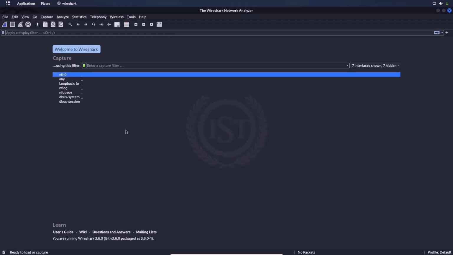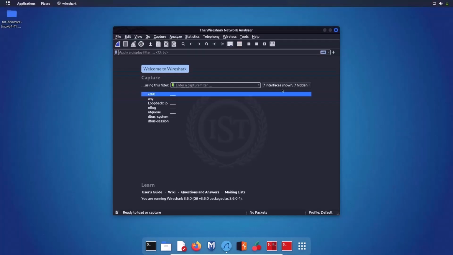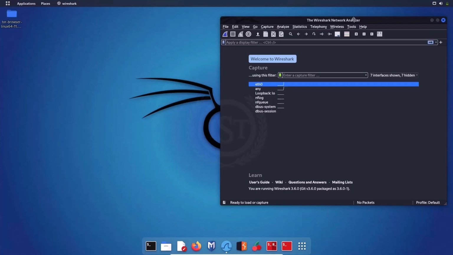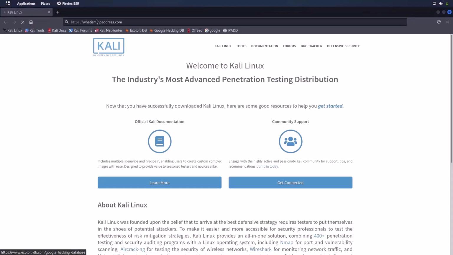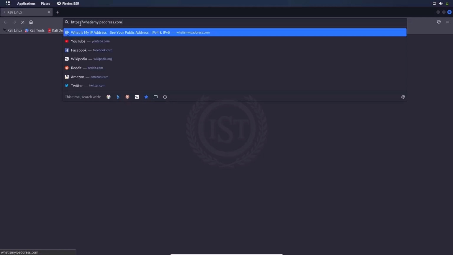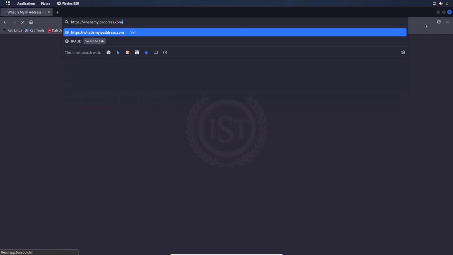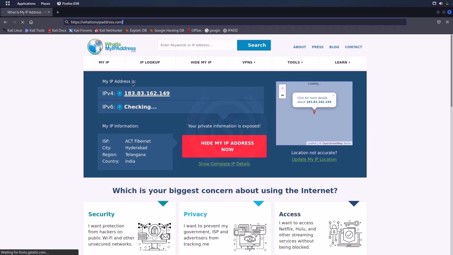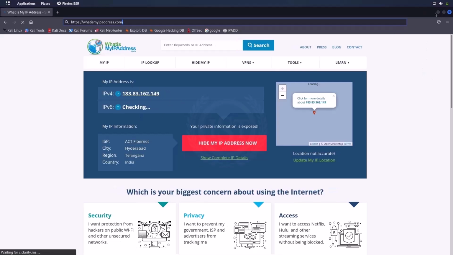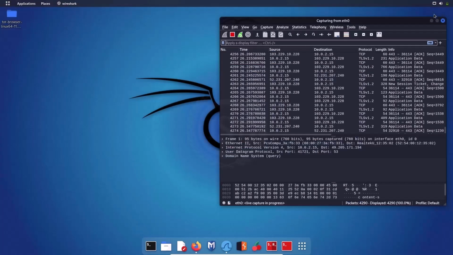Now let me open the Wireshark application and check how the DNS resolution is going on. What is the DNS server that is responsible for DNS queries? Let me capture using this icon. Before that, let me minimize this window and also open the browser. As you can see, I am opening the website whatismyipaddress.com, and this domain name should be resolved to an IP address by the DNS server, and we are going to check which DNS server is responsible. It's slow, and again it's my IP address only. Let me stop capturing the packets at this point.